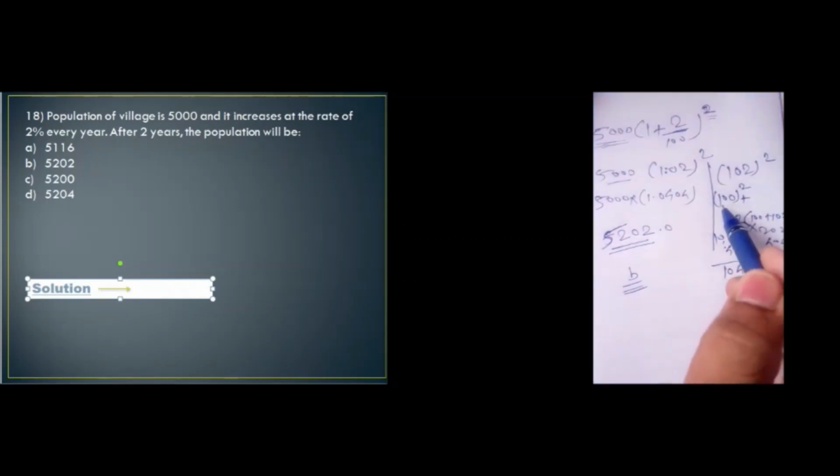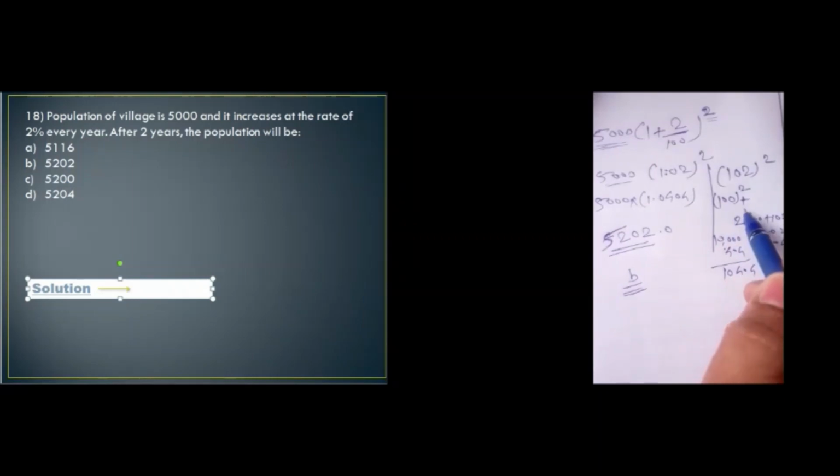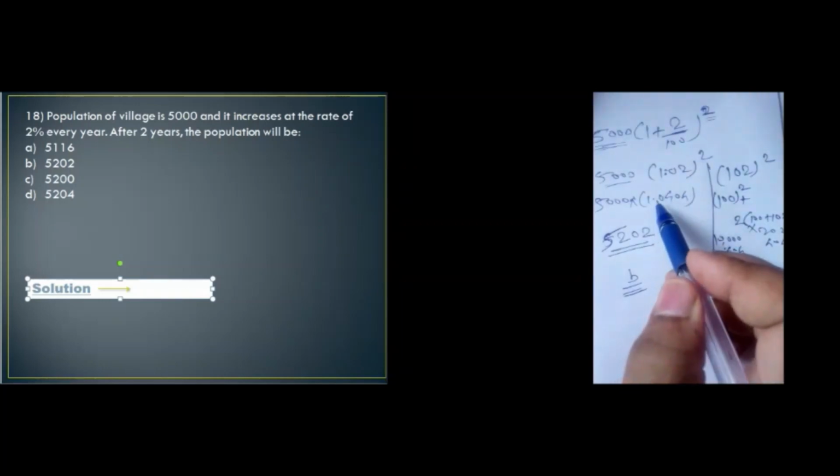So first of all, I will take the base number as 100, and I have taken the other number 2 more than the base, 102. So it will be 100 squared plus 102 into 2. The difference between 100 and 102 is 2. So the square of 100 is 10,000, and 100 plus 102 is 202, into 2 is 404, and the addition will be 10,404, and you can just shift the decimal 4 digits to the left.